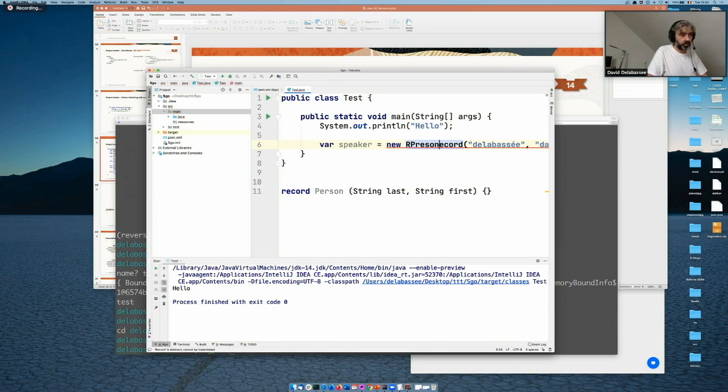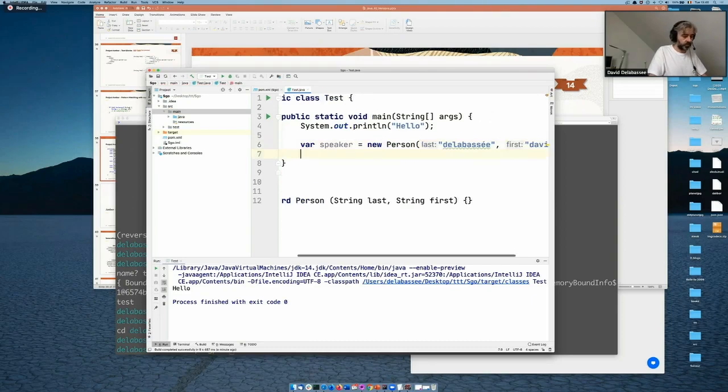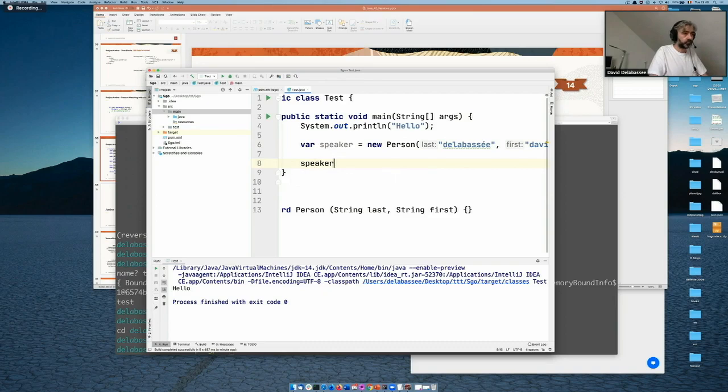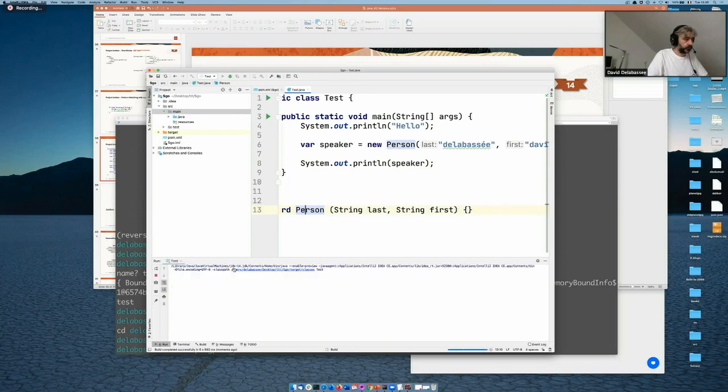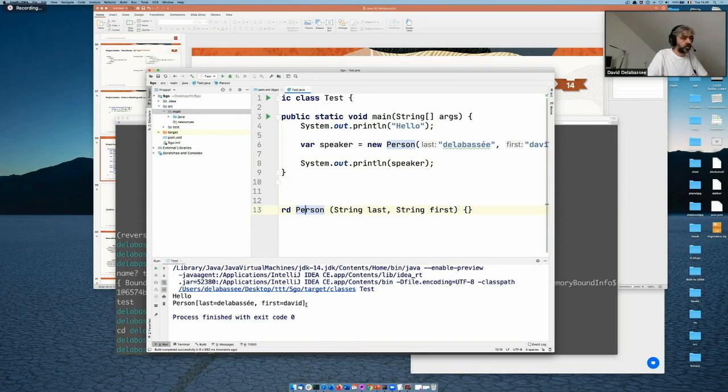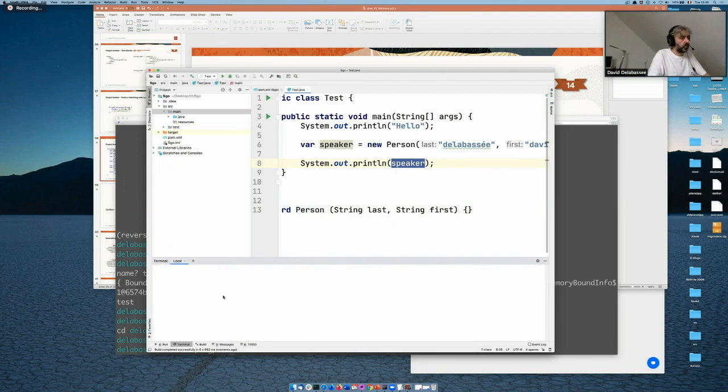It's obviously not a record, but a person. Okay. So now I have the speaker object that I can use. So for example, speaker. Let's run that. So this is the result. This is basically the toString method that is invoked on that speaker object. So let's have a look at what we have here. So target class.